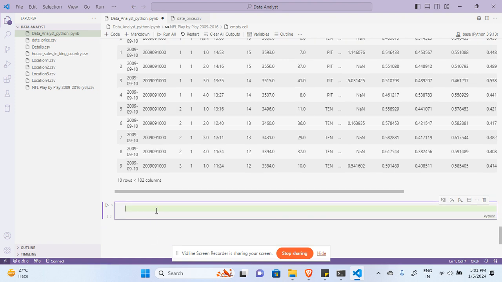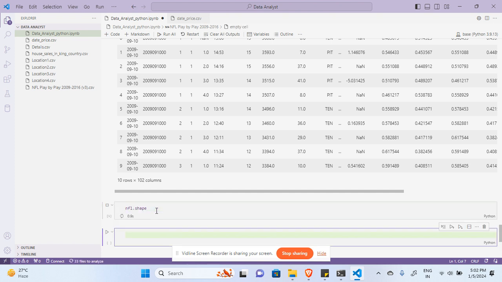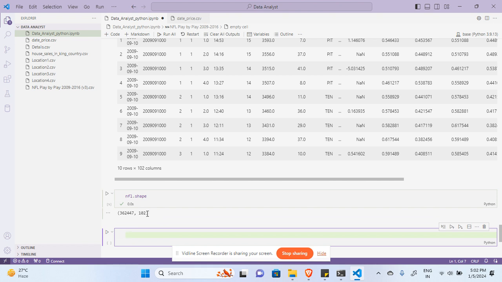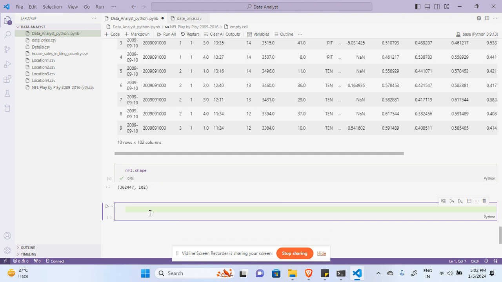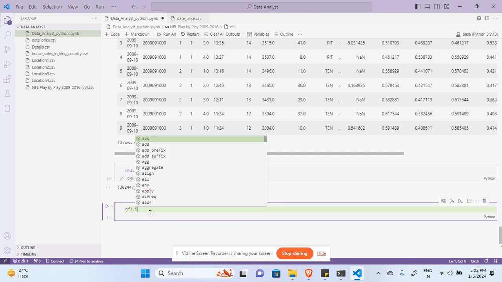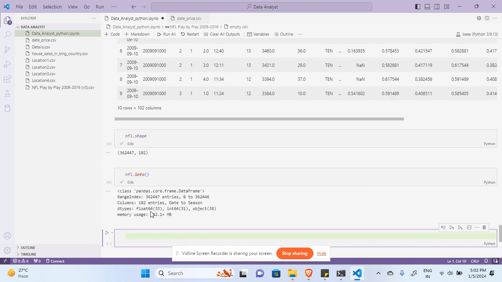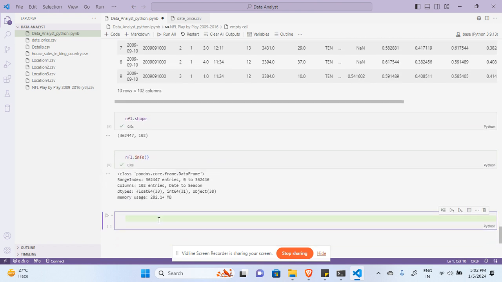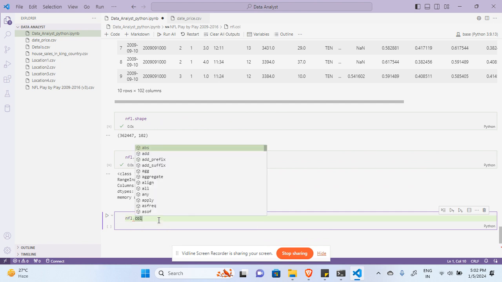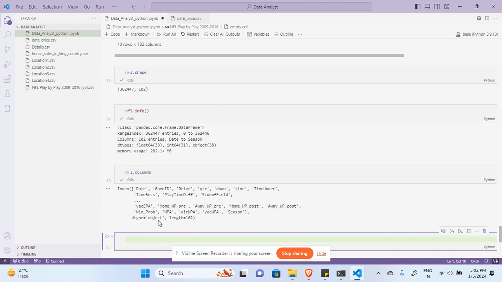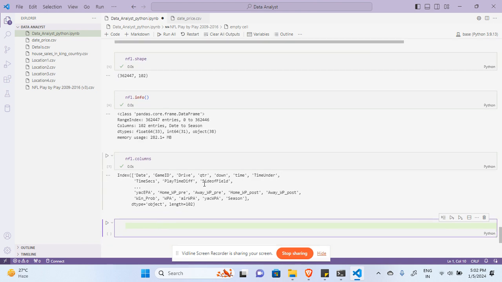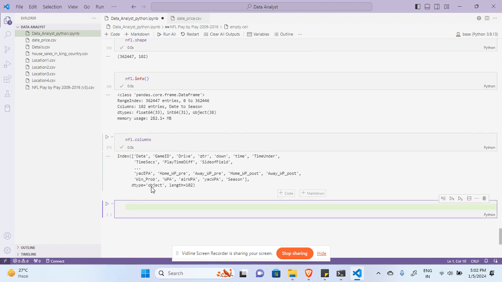So I'll check my shape. I'll just write NFL dot shape. I'll get my dataset shape. So you can see here I have around three lakh 62 thousand rows and 102 columns. After getting the shape, I'll just write NFL dot info. I think I'm not going to get all the info because the information is big. So I'll just write NFL dot columns. Even then I'm not going to get all the columns in one view because we have 102 columns. So you can see here dot dot dot. I'm not getting all the columns. Once we have done that, we'll check